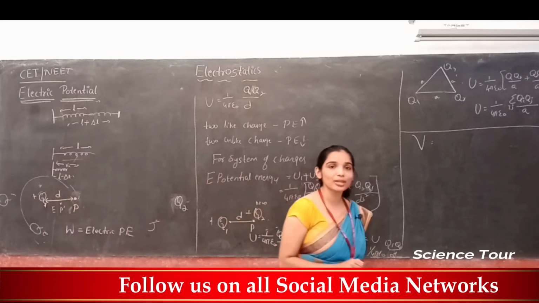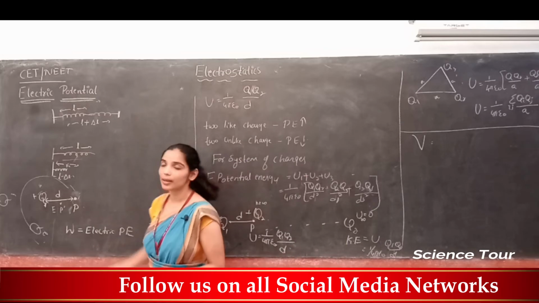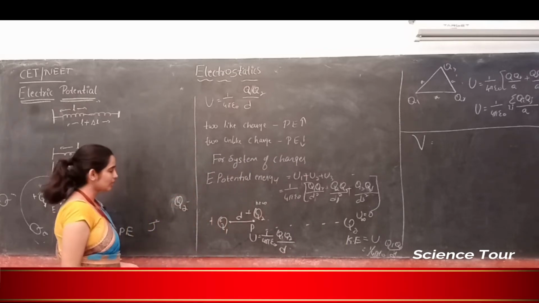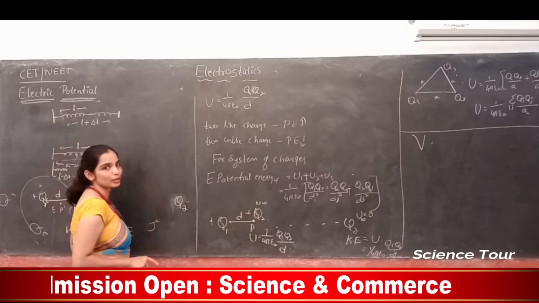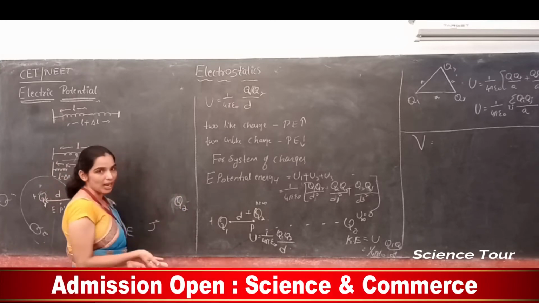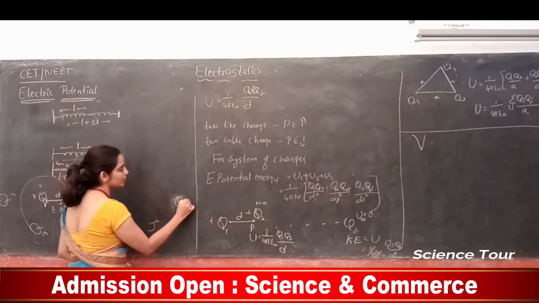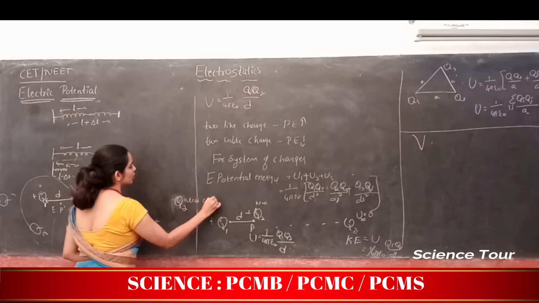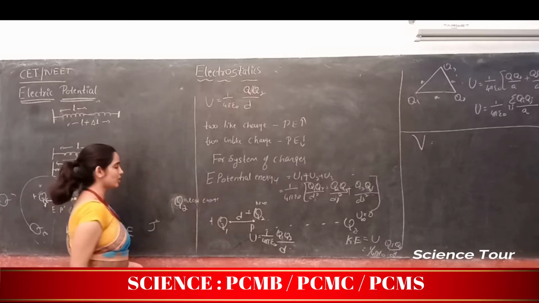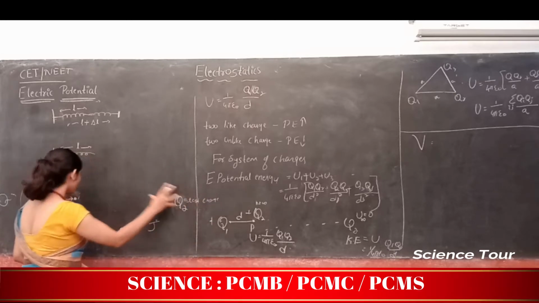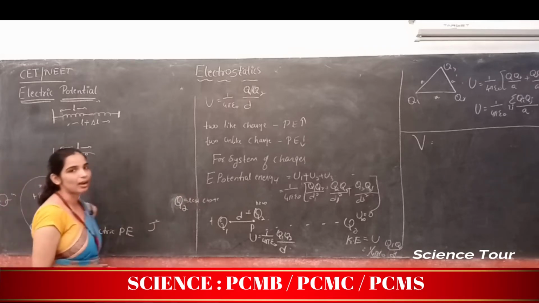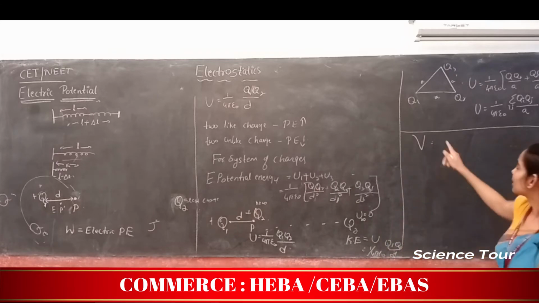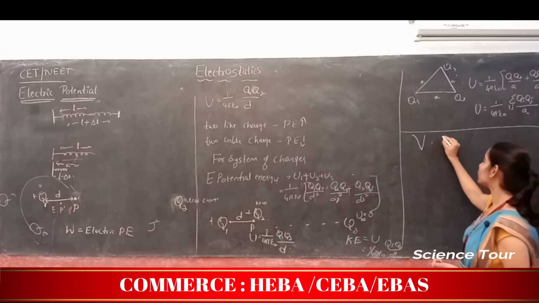But electric potential means the amount of work done in bringing a unit positive charge, or unit charge, or test charge. If Q2 is equal to the test charge, then the work done in bringing a unit charge to a position in any electric field is the electric potential. So how do we denote it?